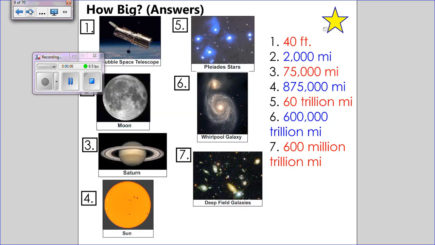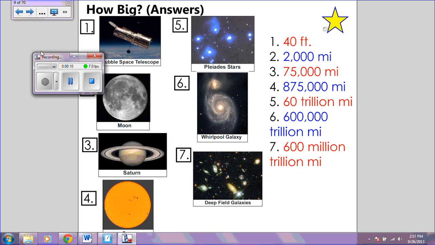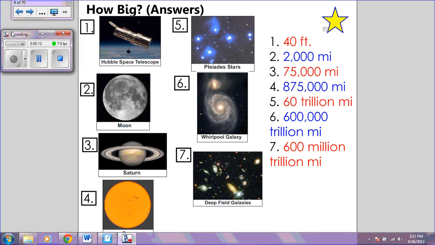Alright, so the first section of your worksheet was the set of pictures you were given with the question, how big? And here are your answers in the correct order. So you were not supposed to glue them in yet, but just lay them in order. So from smallest to largest, we have the Hubble telescope, which is 40 feet long, the moon, which is 2,000